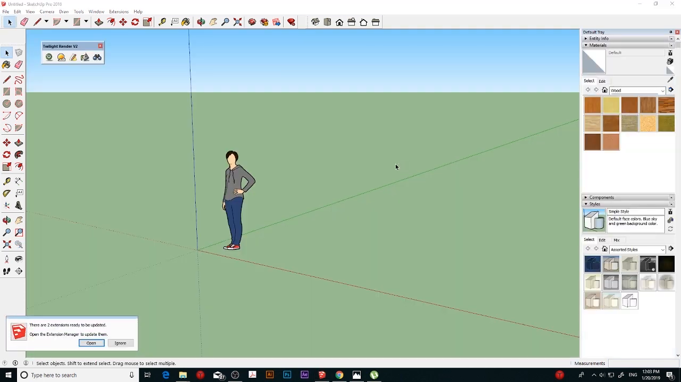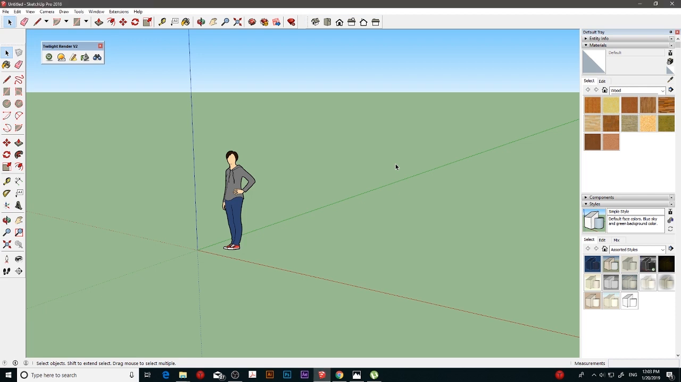Welcome to this step-by-step Sketchup tutorial where we'll learn to make a simple bamboo hut from scratch. First we open Sketchup,